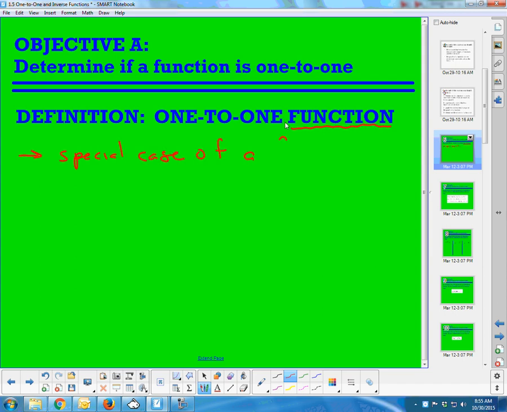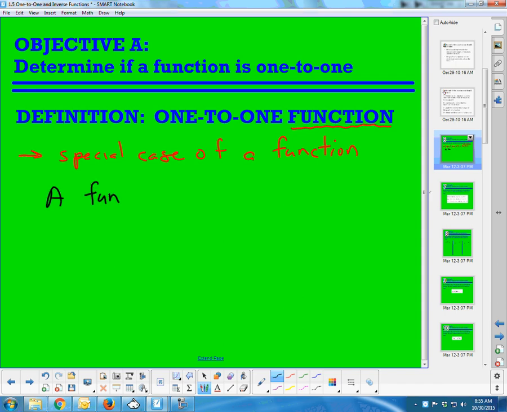of a function. Just like a square is a special case of a rectangle, a one-to-one function is a special case of some other sort of function. So that's just putting it out there that we first have to fulfill the fact that this is a function. So the formal definition says